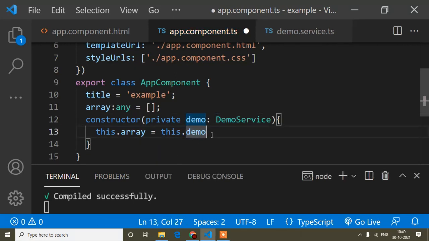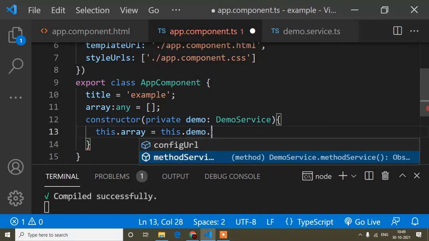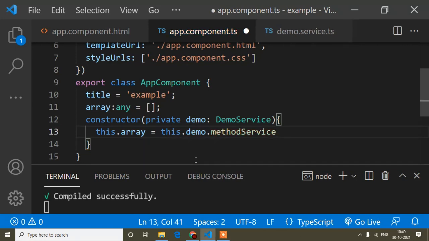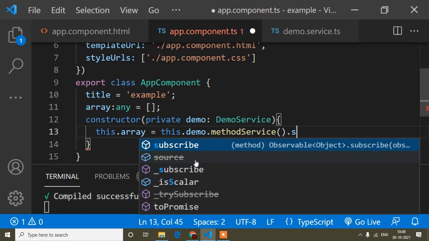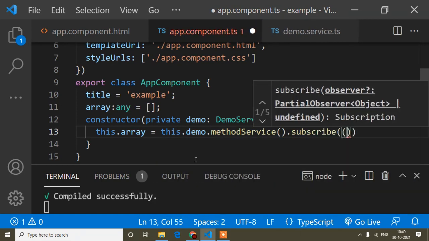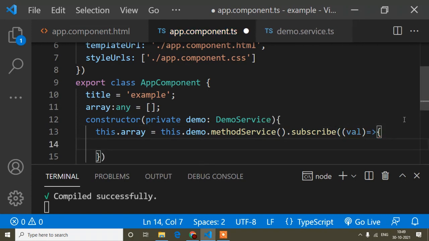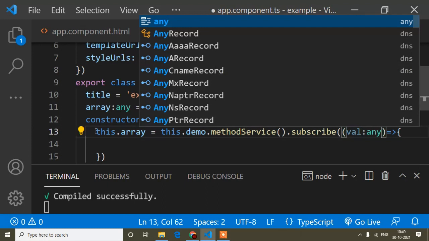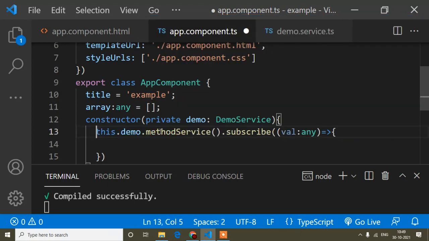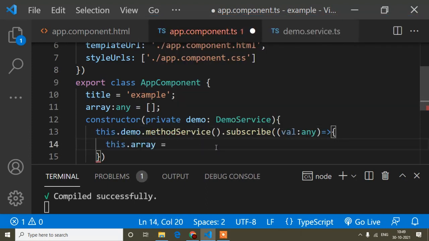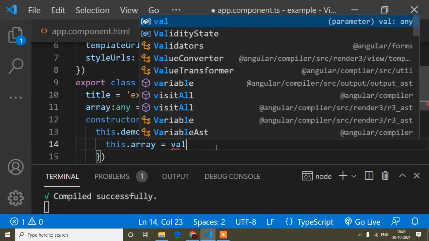If I write dot, in this service whatever config variable method it's showing, I need this method. I will write parenthesis dot subscribe, and here I will write a parameter. You can set the parameter type to any, and I will remove this one from here and write value.